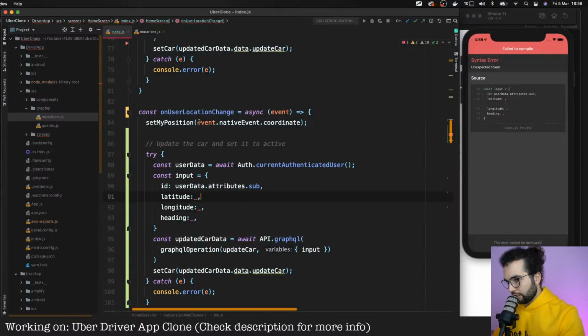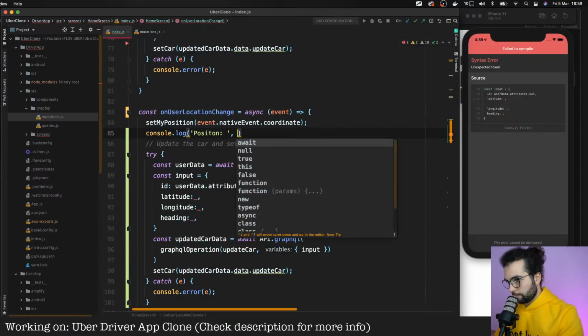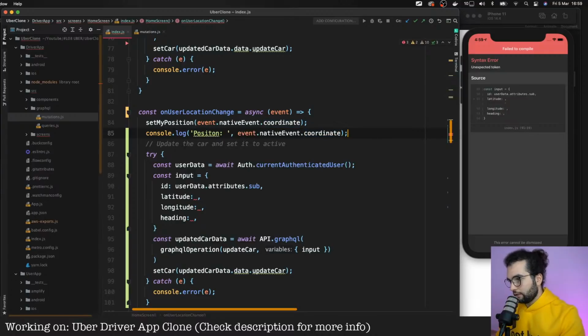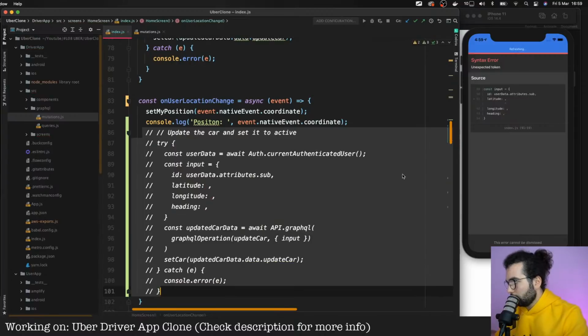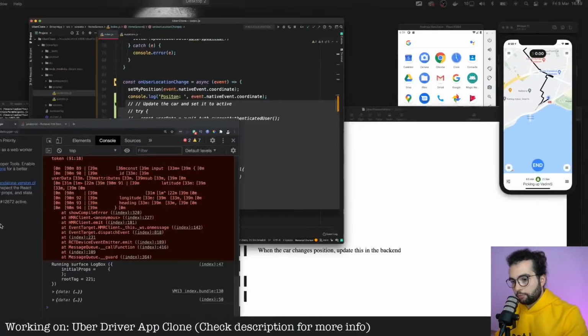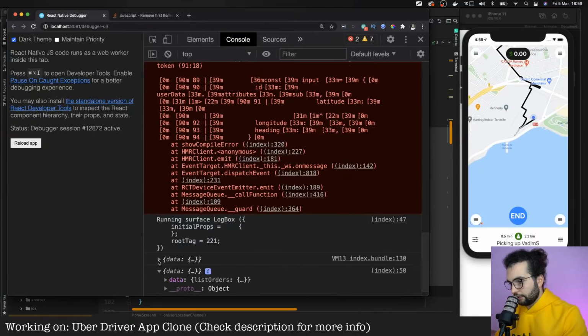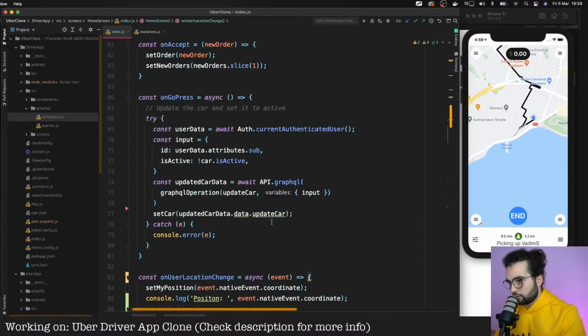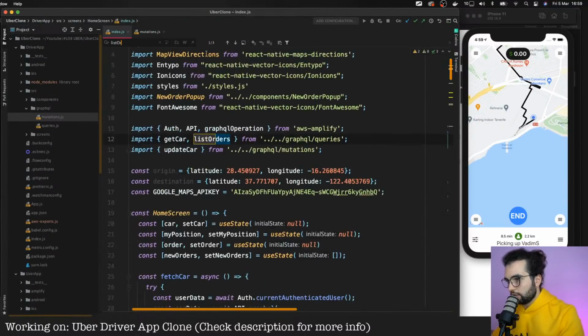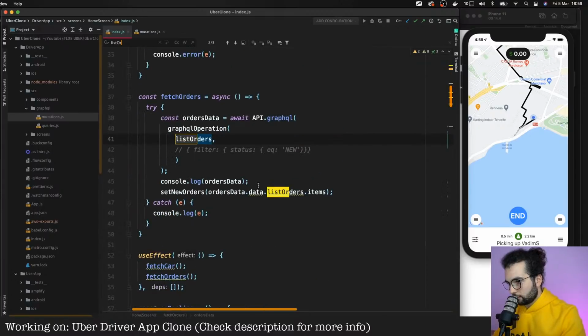The latitude will be event coordinate. Let's first of all console log this, console log position. I just want to see the name, so the latitude and longitude here. I'm gonna comment out this one for a moment and open it here. Data. Do we need this data? List orders. Where is list orders? Don't console log because